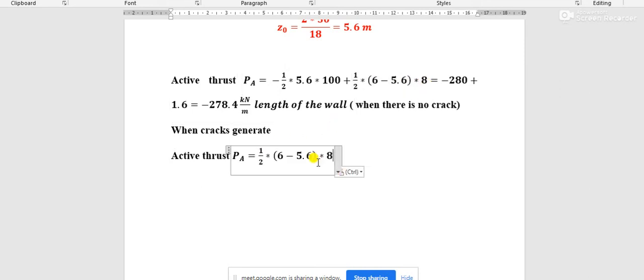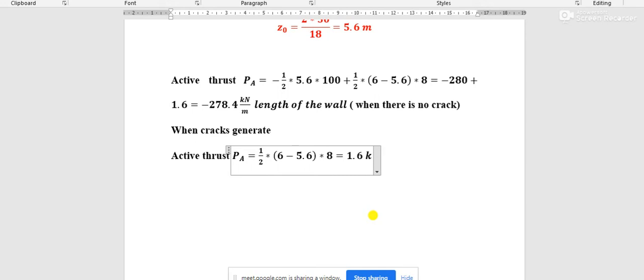That means we have to ignore the negative pressure. We have to ignore the negative pressure in the calculation of active thrust when cracks generate at the top of the wall, and that is equal to, for this case,